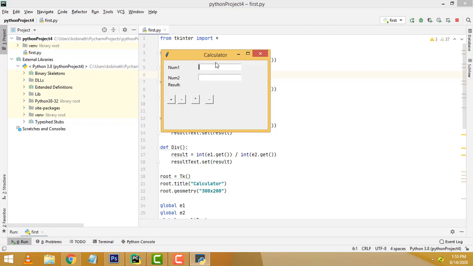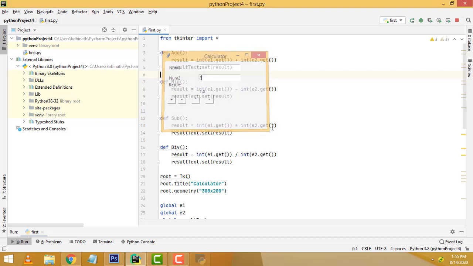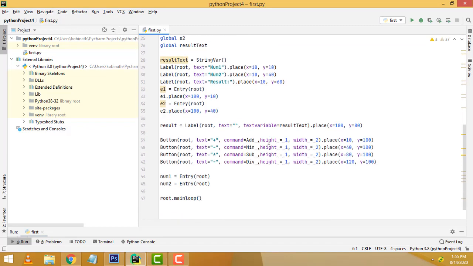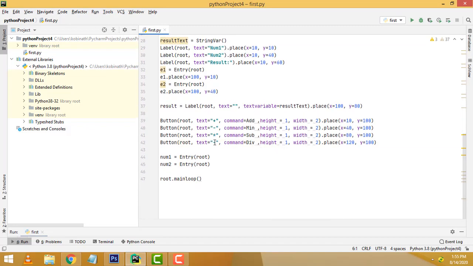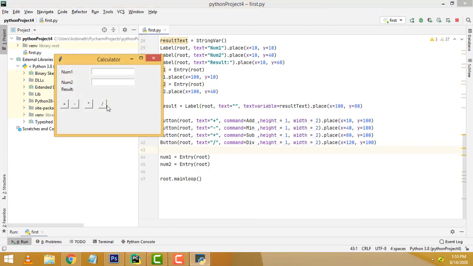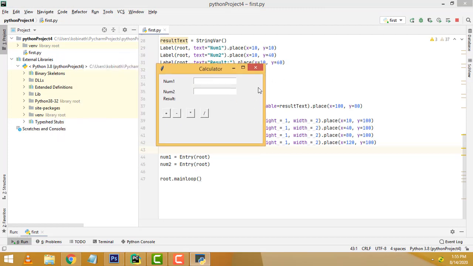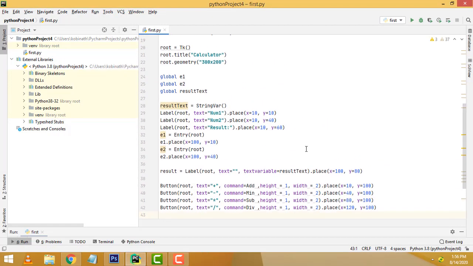If you want to add two numbers, first I am going to add, we have to input two numbers. Click the plus button. 4 will be the answer. If it is minus, 0 will be the answer. Subtraction 4. This one should be the division, right? We have to put the division sign here. Okay, now all the symbols are correct. Now let me see how to do this step by step.